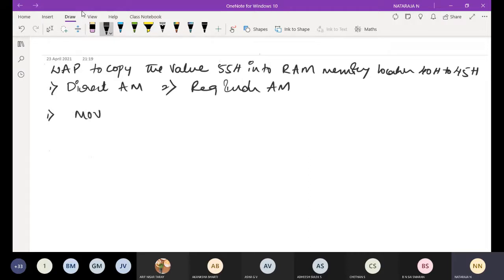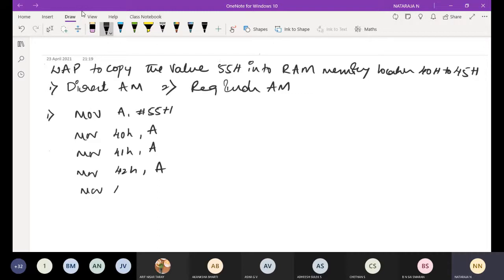Here: move A comma #55H, then move 40H comma A, move 41H comma A, move 42H comma A, move 43H comma A, move 44H comma A, move 45H comma A. This is by using direct addressing mode.